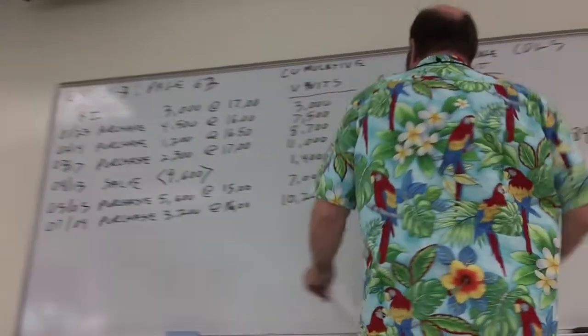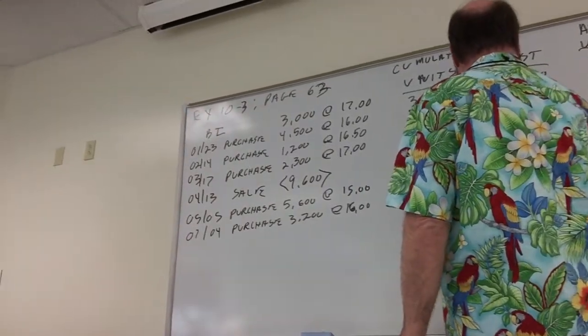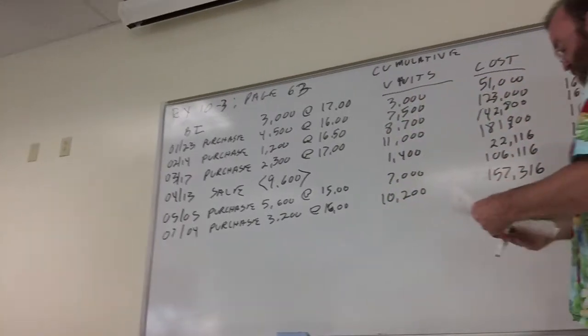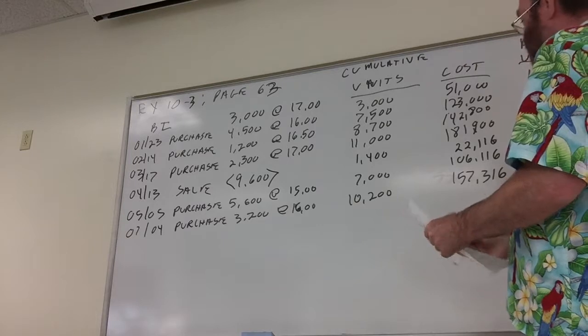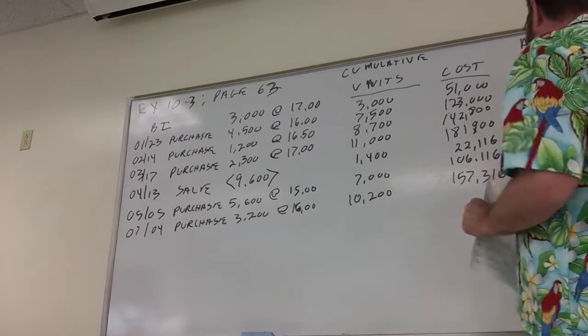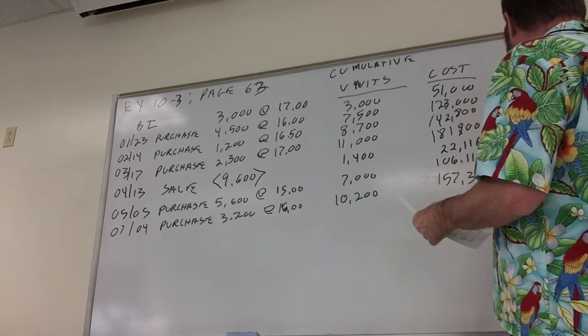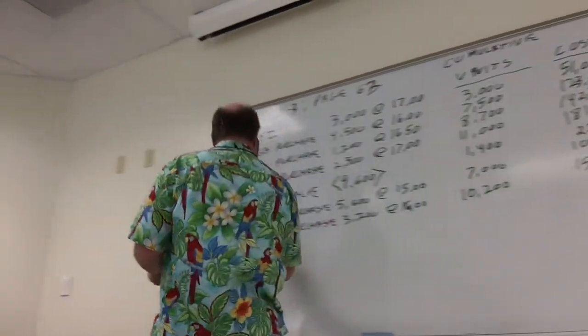Add that to the estimated cost, gives you 157,316. And then at an average, is the average cost $15.03? So you divide it by 10,200? Yeah, $15.42. 42 cents. Okay. Then we make a sale